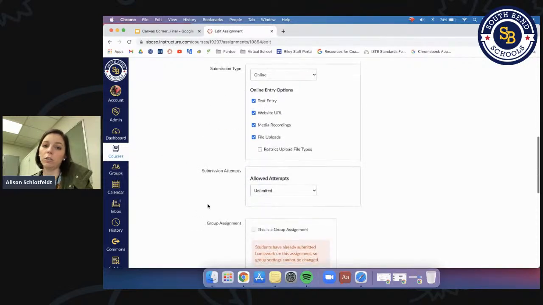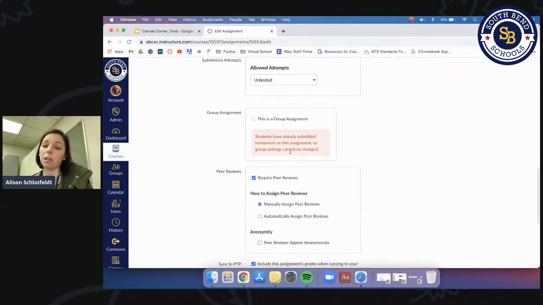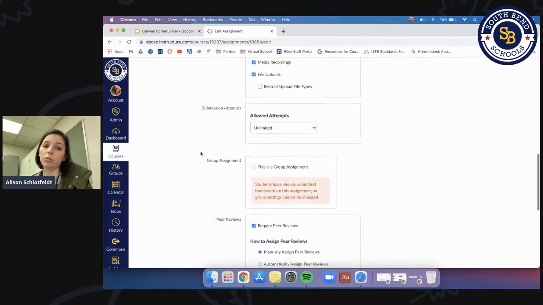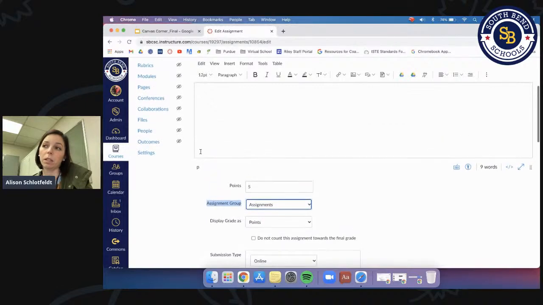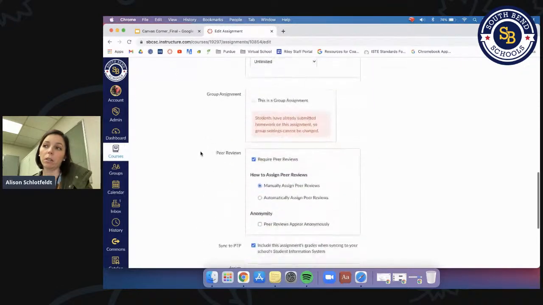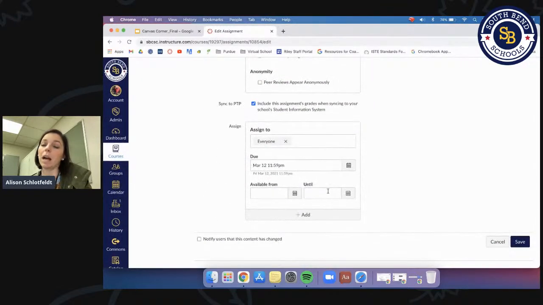Or do you mean like having a group assignment? When I go to the bottom. Oh, when you assign to smaller groups, and even though you check mark this,